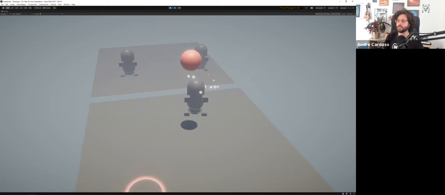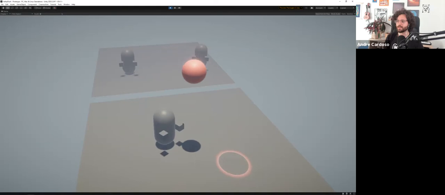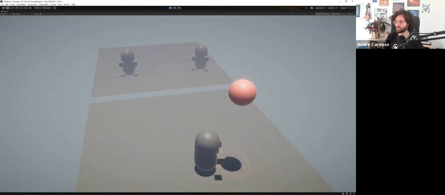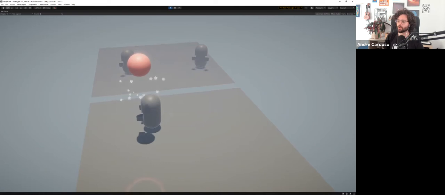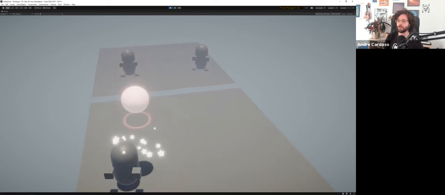One thing I'm also doing here is making the size of the ball shake. You can see it's punching its scale, like it's just squishy. And the other thing, of course, is I'm adding feedback of where the ball is going to fall, because